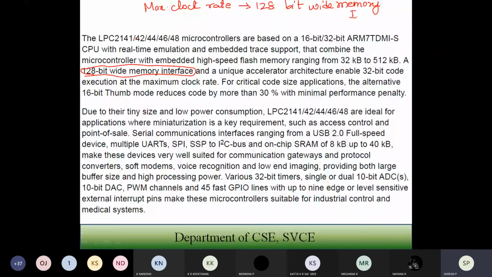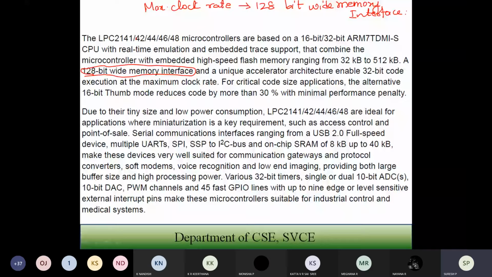Now if you have critical code size applications, sometimes you have code which is sensitive and critical. When you take the memory size into consideration and want to reduce the size of the code, what do I have to do?